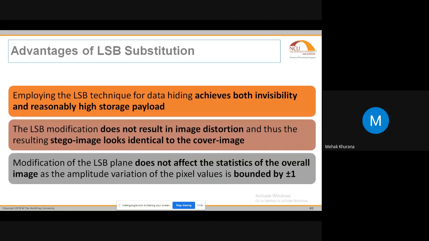So what are the advantages? Again, there is invisibility, there is high storage of the payload or the message, and there will be less distortion with the help of the LSB technique, and there will be an overall change of +1 and -1. Next up,